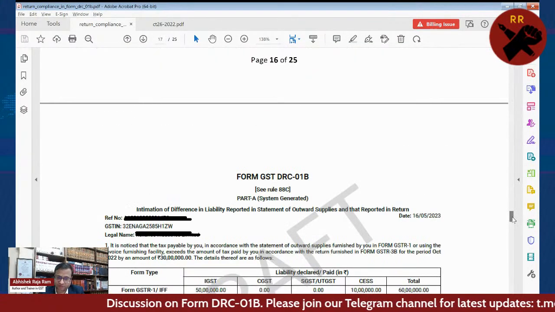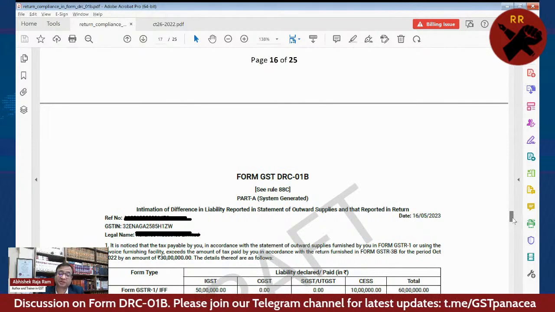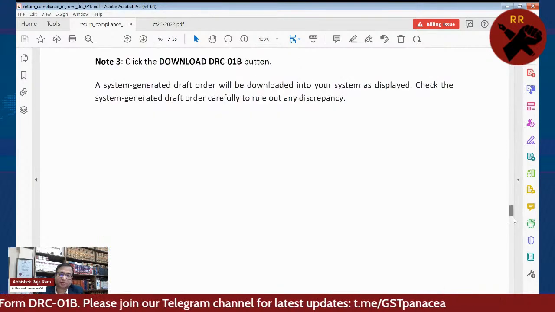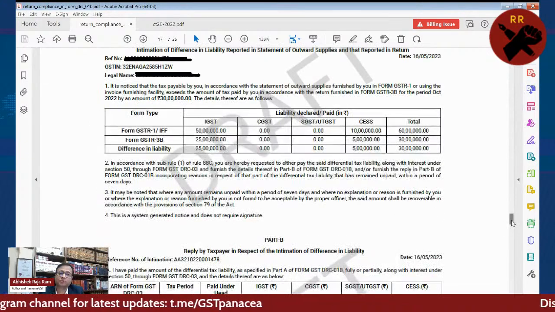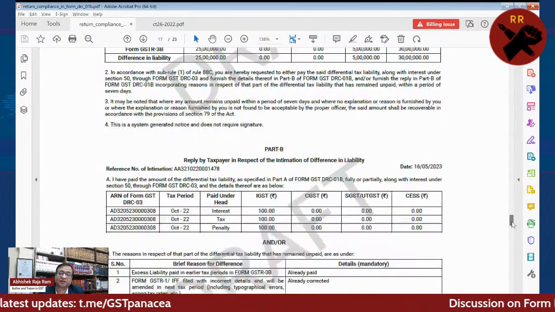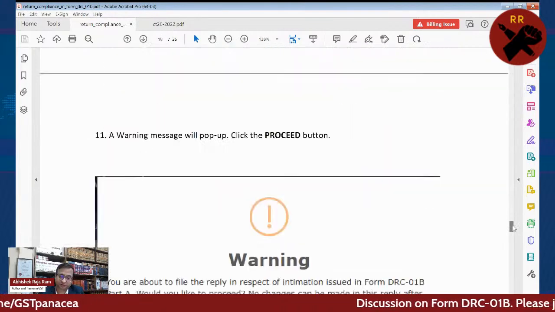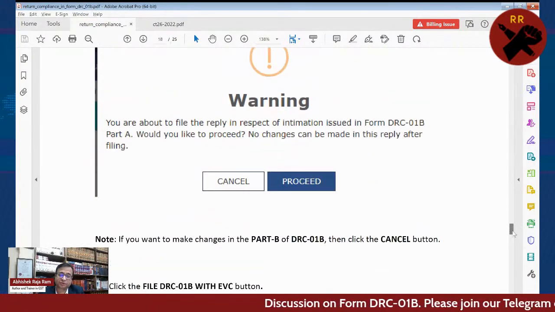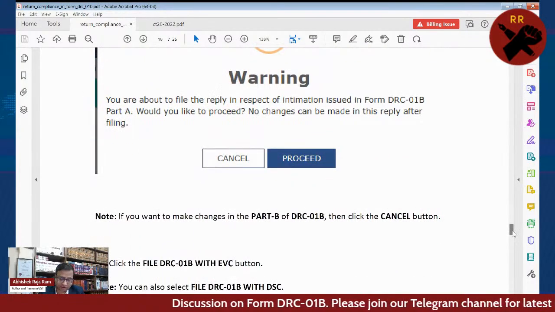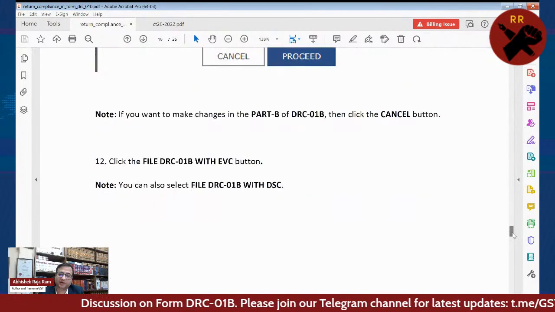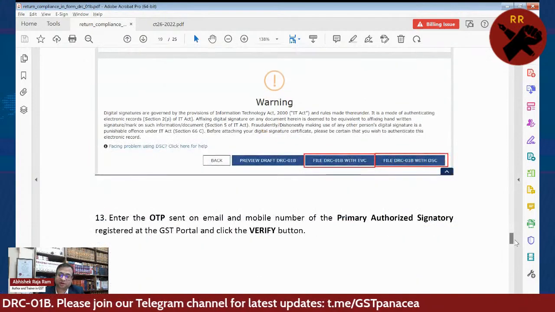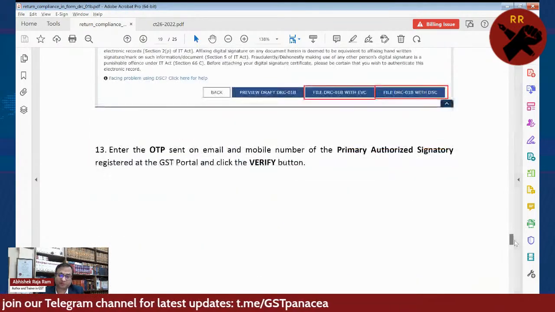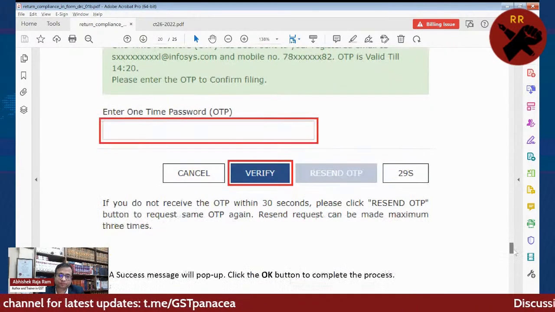It is always advisable, before submitting, after saving, that you download this and cross check whether everything matches what you wanted to say. I would always request you to download and cross check before filing. Once you start filing, you will proceed and then you can use DSC or OTP method, whatever suits you.